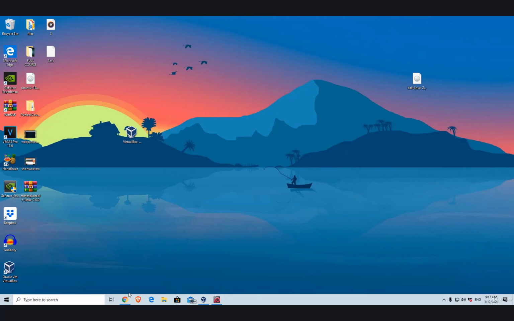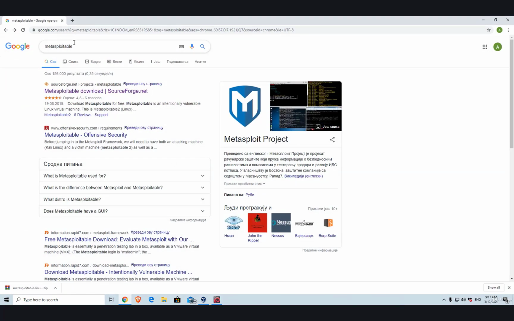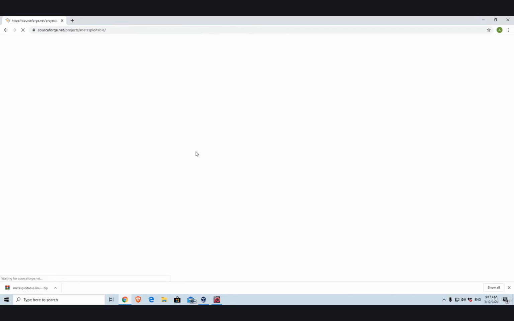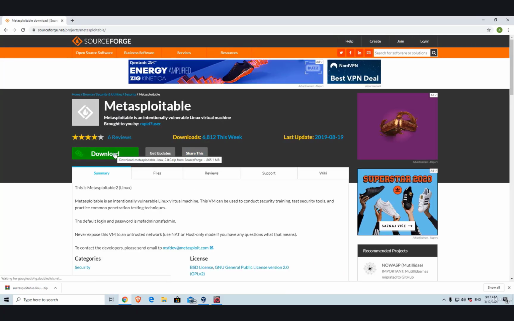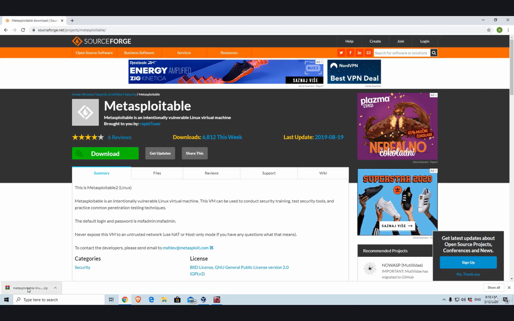First of all, you need to open up your Google Chrome and type in the Metasploitable name inside of your search bar. Then you should navigate to the first link, which will be the sourceforge.net Metasploitable download. Click on it and simply click on this green download button. It will start downloading this zip file, which is around 800 megabytes large, and once it has finished, then you